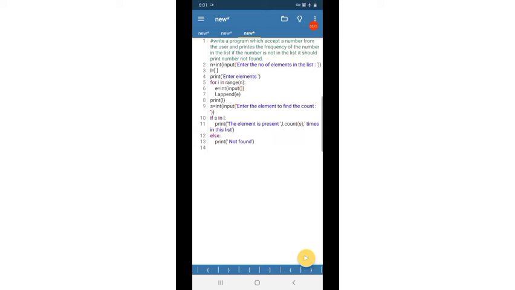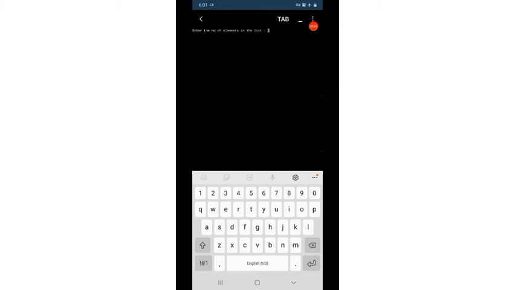Suppose you think about this program: if we run this, again we have to enter an option like this: 3, 1, 3, 2, count of 3, the element is present one time in this list.